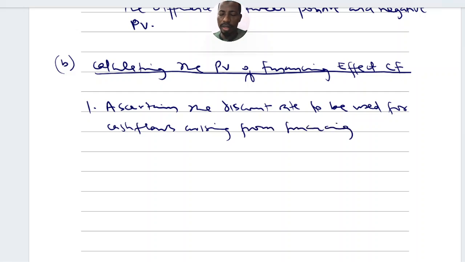Now, Miller and Modigliani are the ones that propounded the adjusted present value technique, and they failed to tell us the discount rate to be used for discounting cash flow arising from financing. Therefore, you are at liberty to either assume cost of borrowing or risk-free rate of return. Whichever one you use, you are good. Therefore, under this, you can either assume